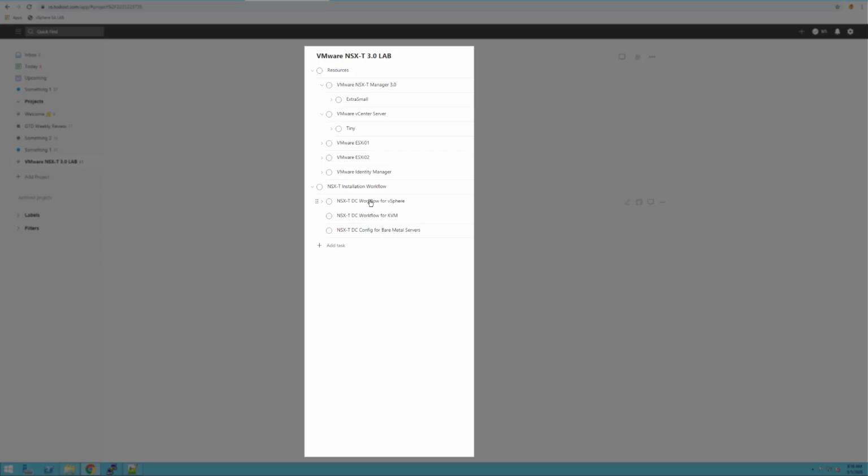They also offer a second scenario and workflow for KVM. And the third one is configuration of NSX Manager on bare metal servers. But for the time being, we'll only be using the workflow for VMware vSphere. Now if we expand this one, as you can see, we've added the workflow from the VMware website and the install guide. So look at system requirements, configure ports and protocols, install and log in to the NSX Manager, and the